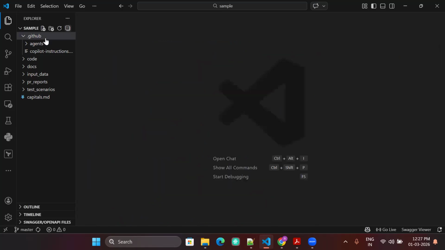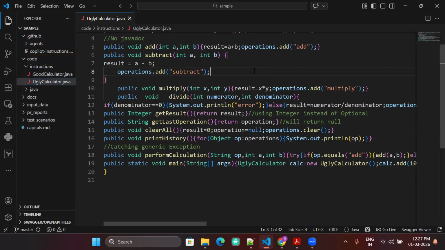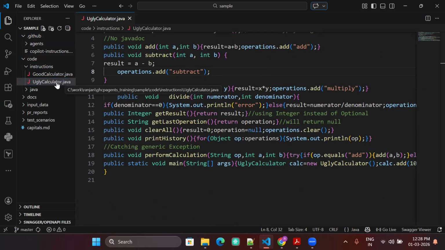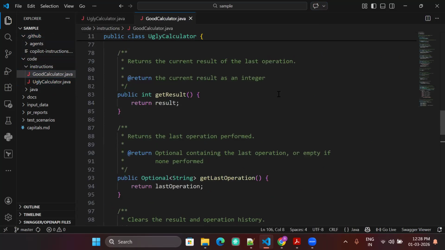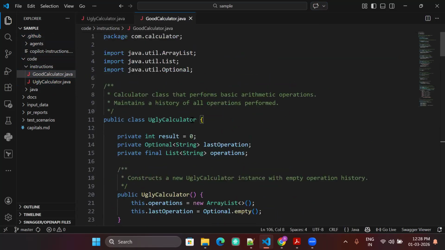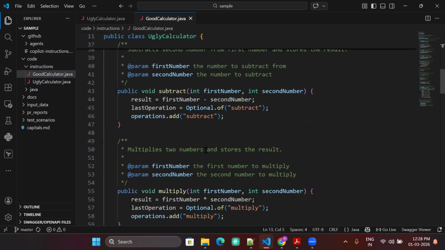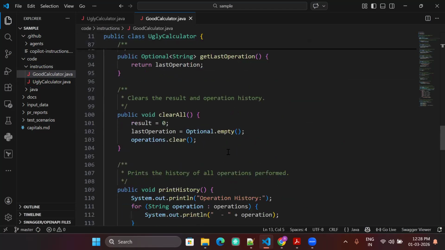So now let's say this is a code. How does this instruction file work? There is an ugly code. This code does not have any kind of indentation or anything. So what I will do is ask this Copilot. Let me keep a backup of this ugly code. I already did it. I asked it to create good code, and it created it with comments. It aligned it, see all the indentation, everything with proper things it did, and followed proper naming convention. But how do you invoke this instruction file?